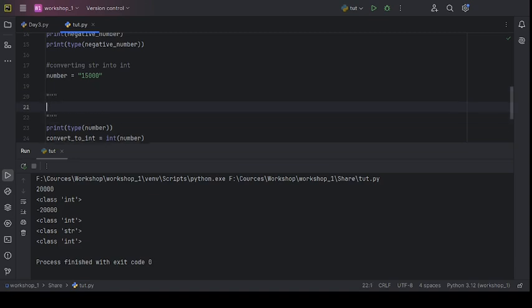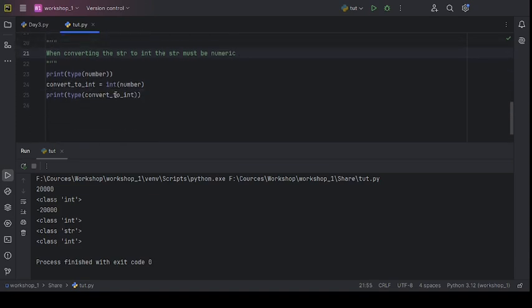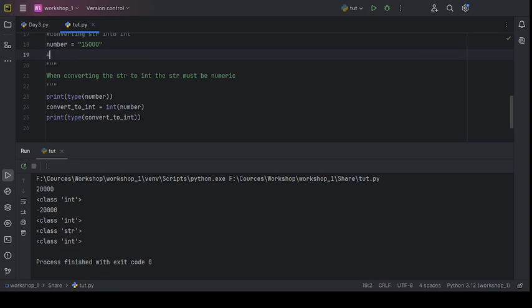Okay, so I am providing the explanation: when converting the string to int, the string must be numeric. So let's say alpha_numeric is equal to 'a15,000',